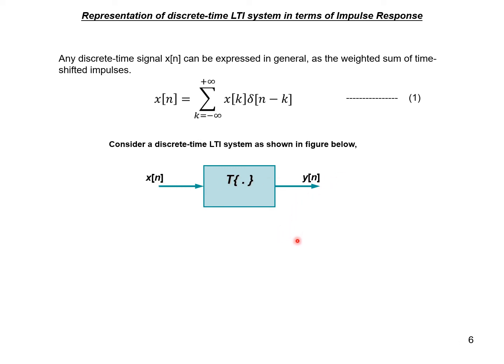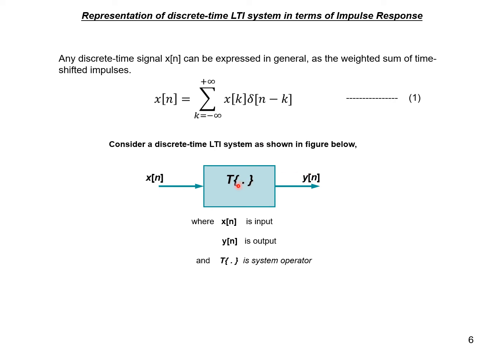So what are the various definitions of this system? Here x of n is the input, y of n is the output, and T with a dot in the flower bracket is the system operator. This dot is actually unknown. It depends on the type of system in hand. Just to say that it is not void, they have put some dot here. T is a system operator. Now this is an improper form, because I don't know what it is. I'm going to represent this T using some definite rule. That's what this discussion is all about. Let us see what it is.